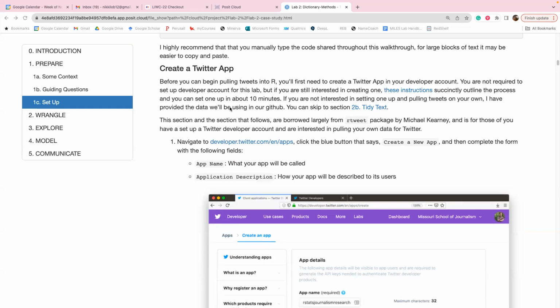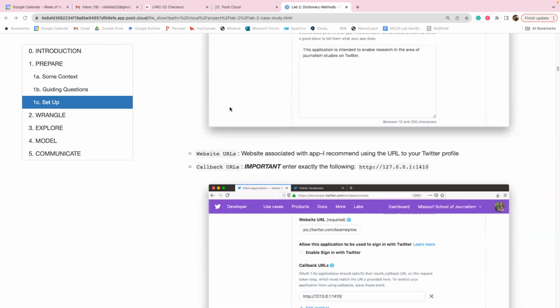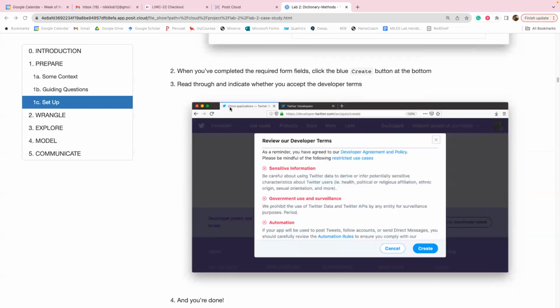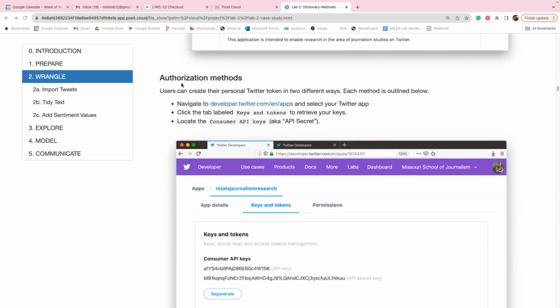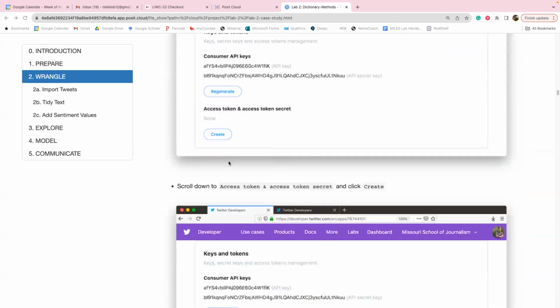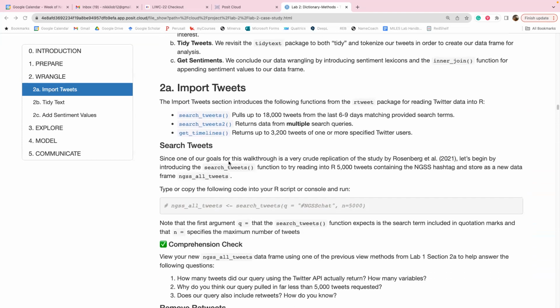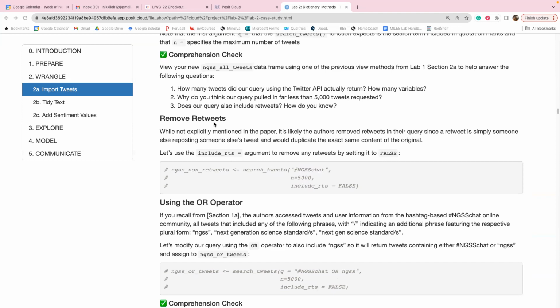pull it out of Twitter. These again might be a little old. These might be more Twitter and less X. So I'm not sure if you can still do this, or how exactly to do that. I haven't tried since it's come to X. But again, there are the steps in there. So again, importing the tweets, and then I